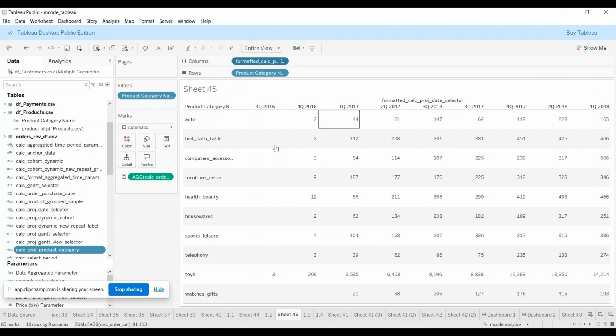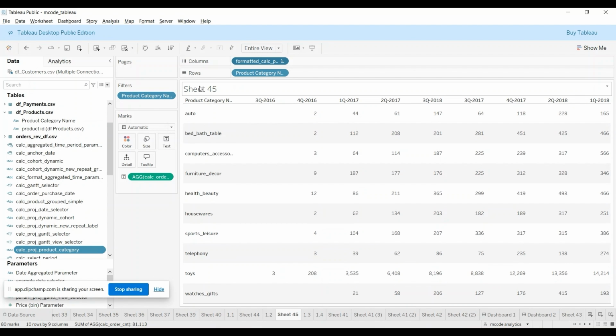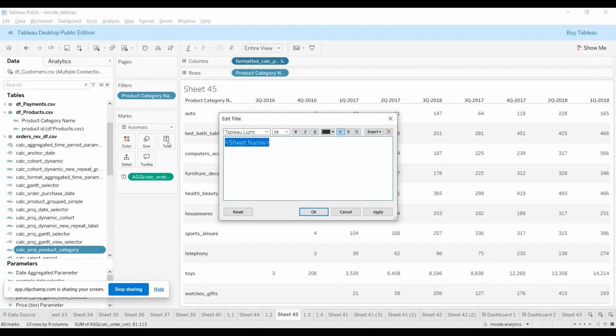Obviously, we could do some formatting here and there. The naming could be better, but let's leave this for now. So this is one way of showing the top 10 product categories that are purchased within the business. We can get rid of this by right-clicking and hide a field label from columns. We can change the title by going here and saying 1.2, top 10 products purchased